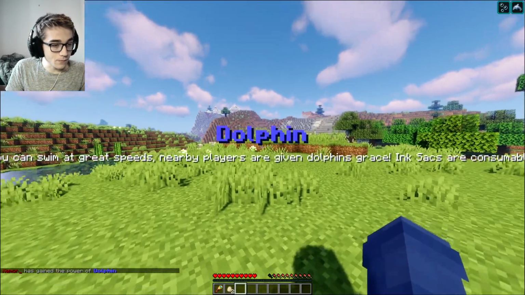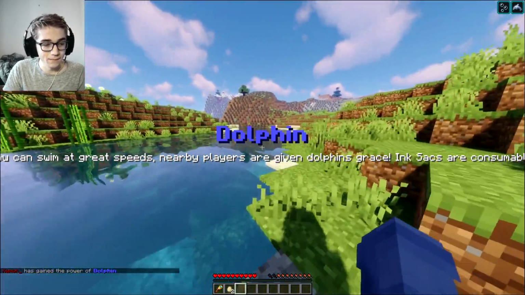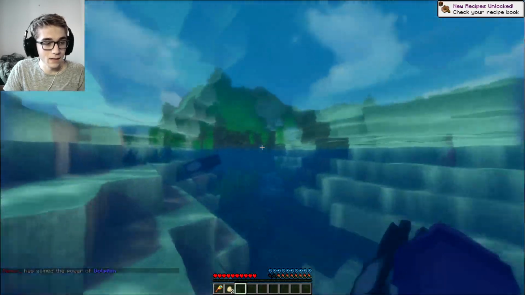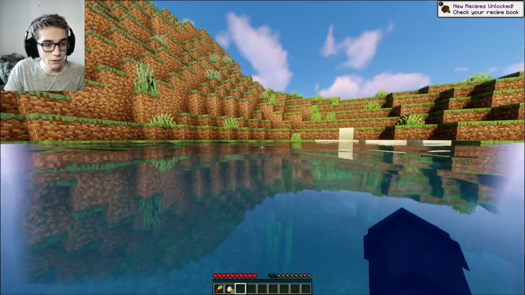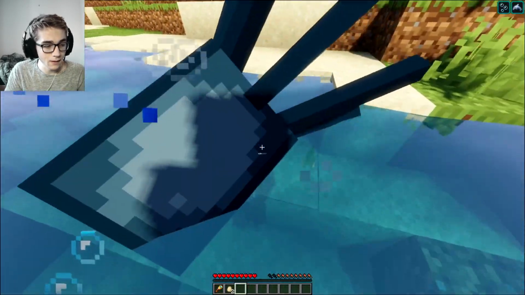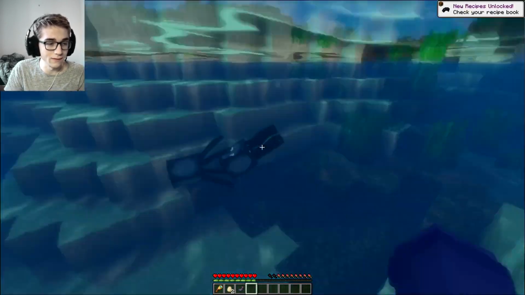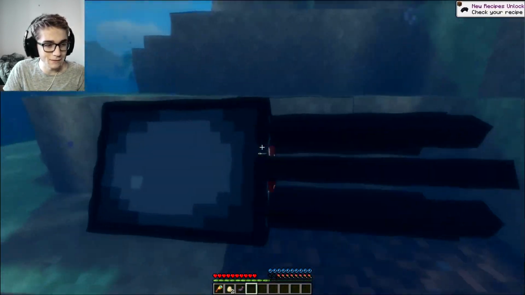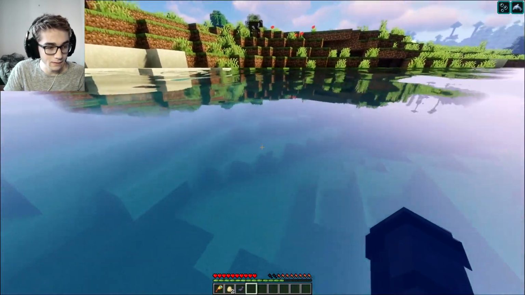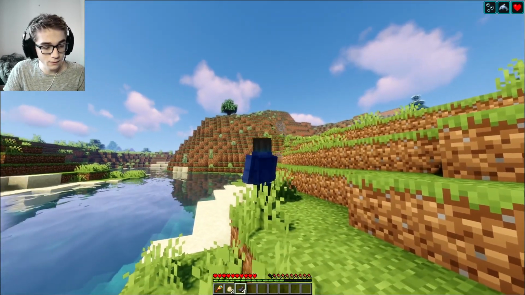Okay, Dolphin. The text's a bit too long on this one, really. I need to cut that. But this is the classic fast underwater user. The main thing that's unique about this is, first of all, you kill a squid in a single hit with your fist, which is a bit random, but it works quite well. The other mechanic is that you can consume ink sacs for hunger, as you can see,